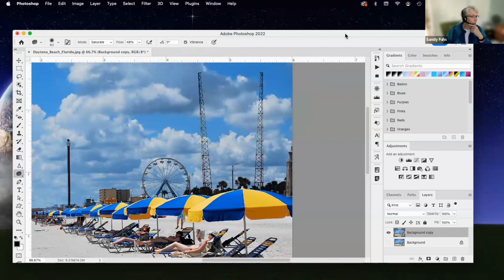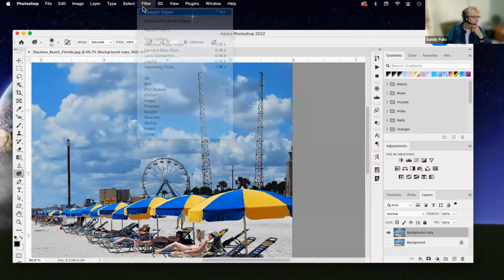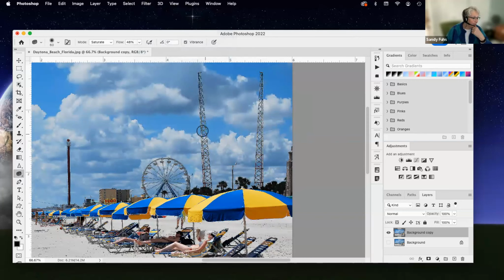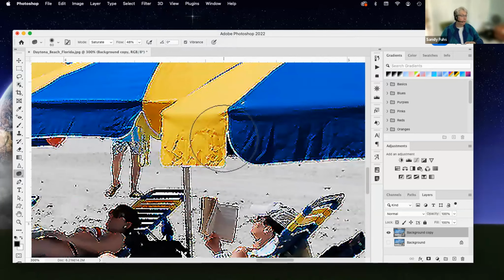Well, my quick keys are not right either. So if I keep doing sharpen edges on this, notice what it's going to do. It's giving me that same effect, but when I zoom in, it's pixelized like crazy because it's made it very contrasty. Light areas got lighter, dark areas got darker,